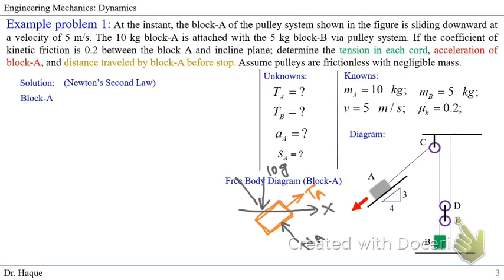So due to this normal force, we will also have a friction force. Since this is going downward, our friction will be in the opposite direction of the movement, so that will be 0.2 multiplied by the normal reaction. So these are all the forces acting, and we also know the angle given here from